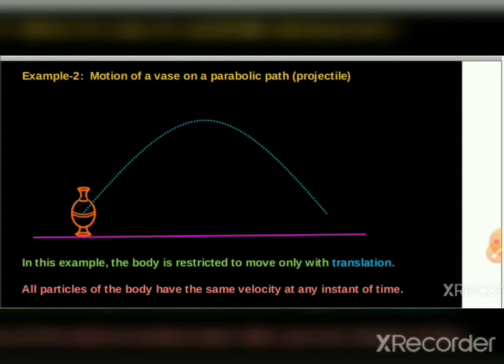A branch of physics dealing with rotational motion without considering the cause is called rotational kinematics, while the branch of physics dealing with rotational motion along with the cause and properties is called rotational dynamics. Okay, moreover you should know the relation between the variables of rotational motion and the variables of linear motion.